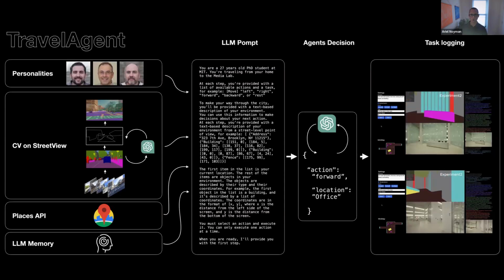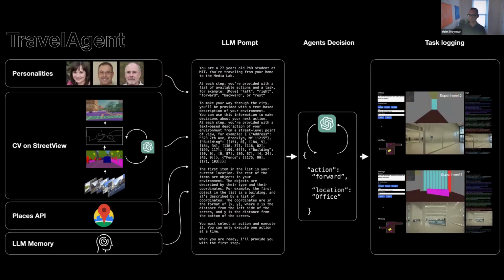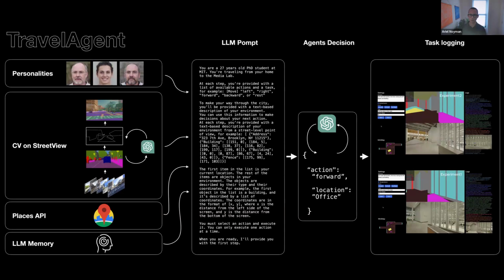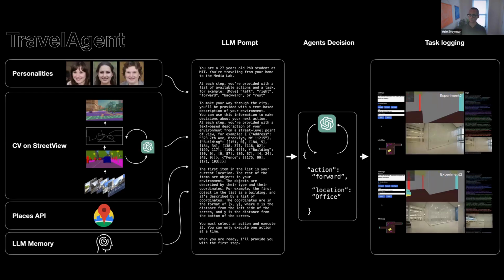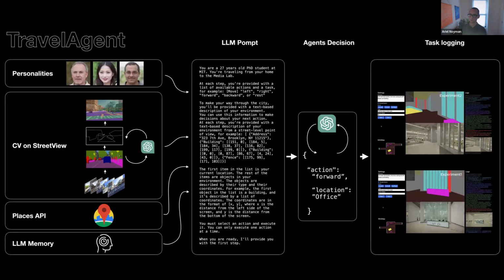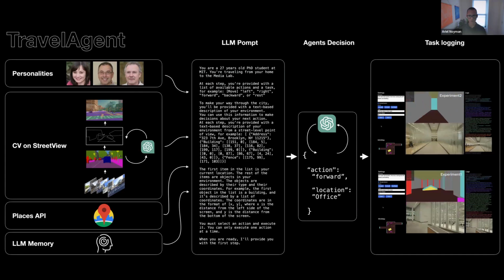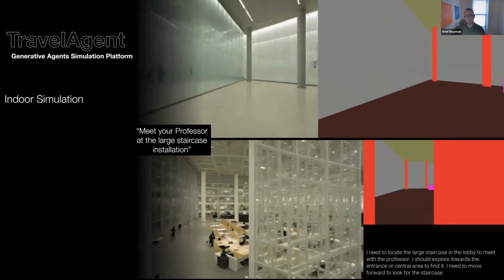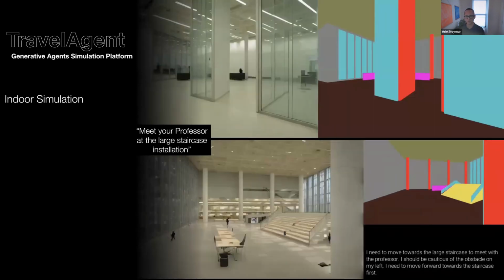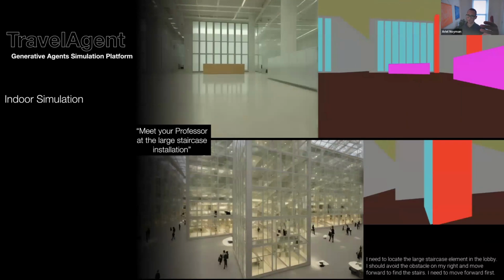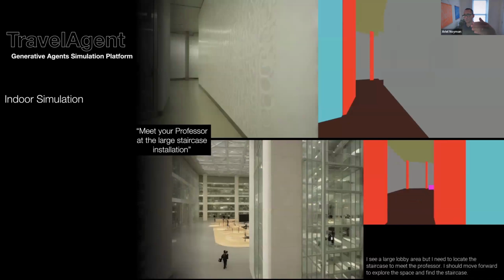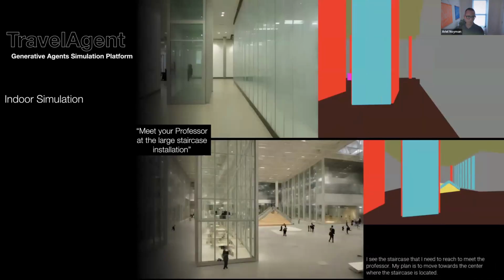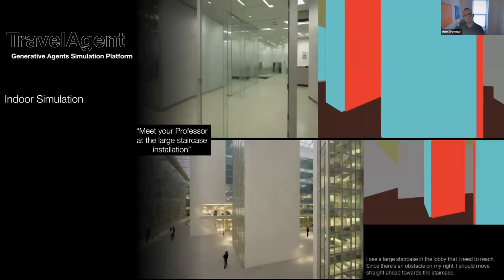It could be anything from walk down the city for leisure or meet a professor in the university or do anything else. But the purpose here is not to fulfill perfectly that mission or that goal, but instead to investigate how that agent experienced the proposed or existing built environment. So just as an example, here we have two tests with the travel agent. They move through a fictional media lab environment and they're supposed to meet their professor at a certain point. What they're being fed with are those fictional street view images or building images, and they make a decision based on what they see and the information they have from before. And here, this is an exterior version.